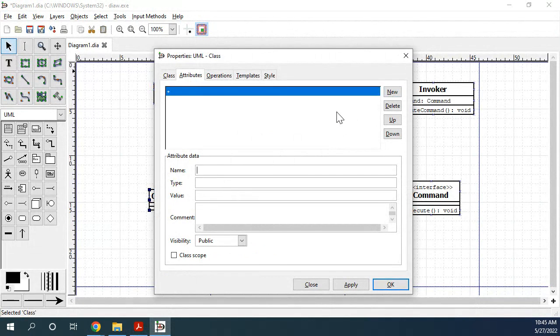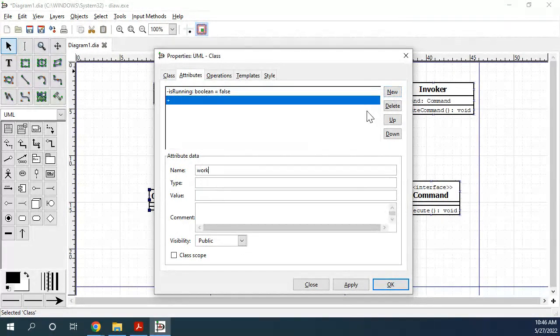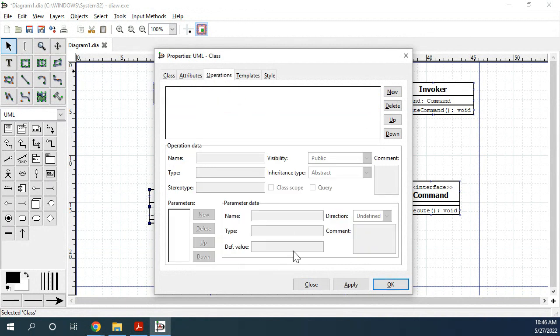So it seems like the value is set upon declaration. So is running, Boolean, false, and then work done, an int 0. Okay, and then operations,